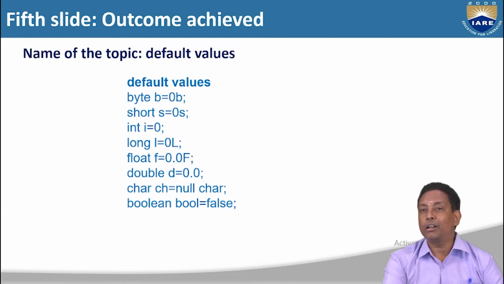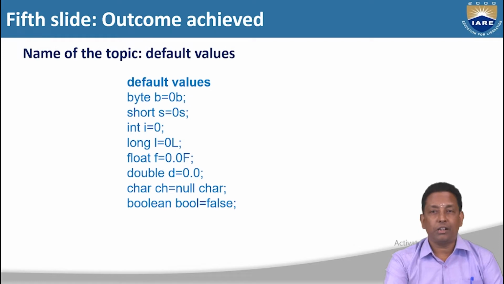That cannot be accommodated into float. So in order to tell that 0.0 is not a double value, not an 8 byte value, it's a 4 byte value, we need to write 0.0f. Then the Java runtime environment will understand that it's okay, 0.0 is a floating point value. So that will be assigned to float.